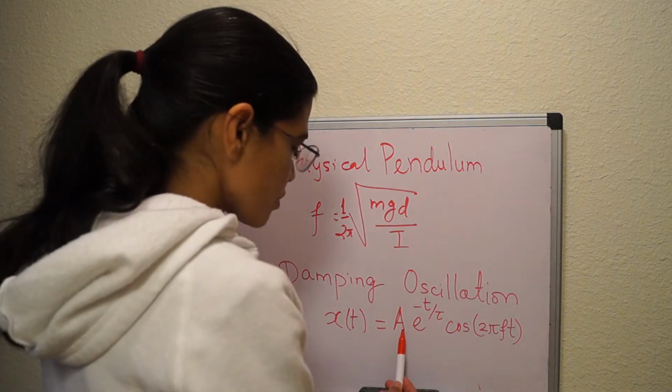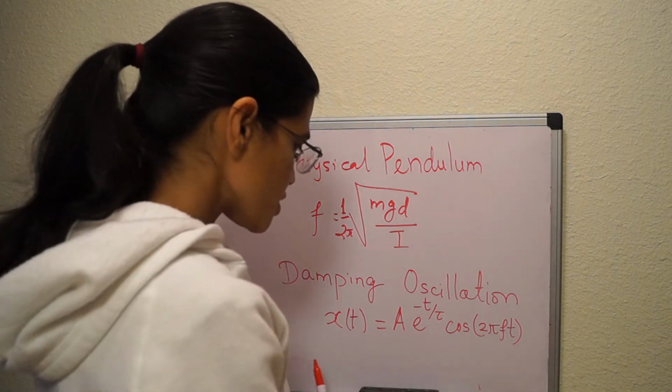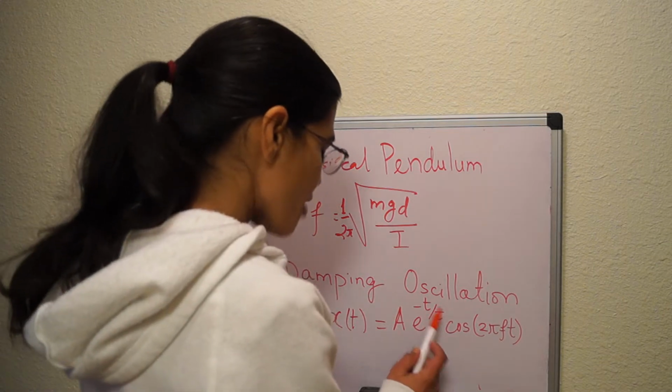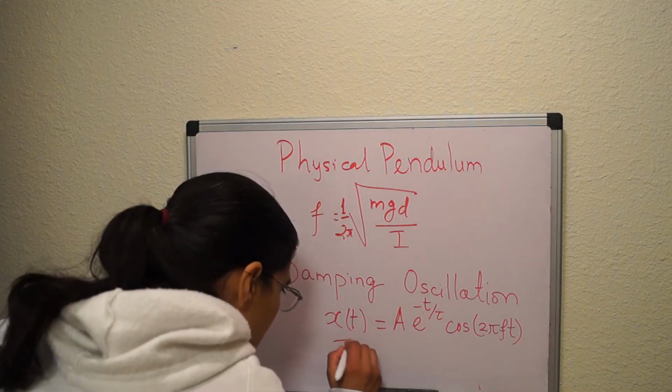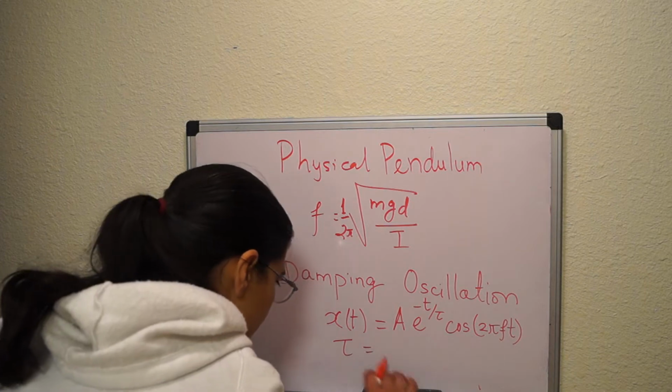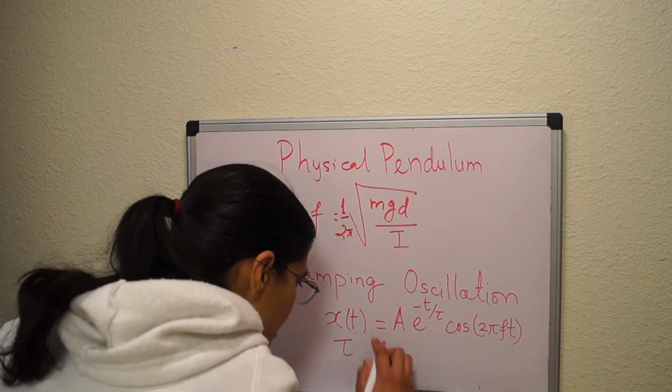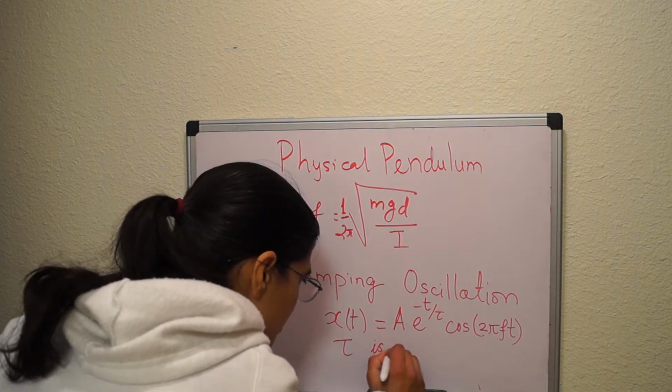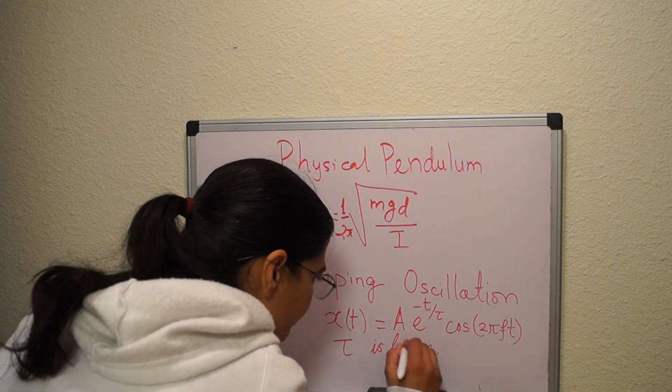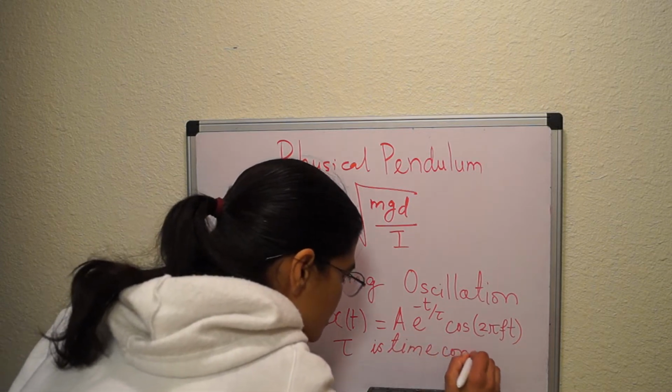A is the maximum amplitude of oscillation. We said this tau is what? Tau is the time constant,